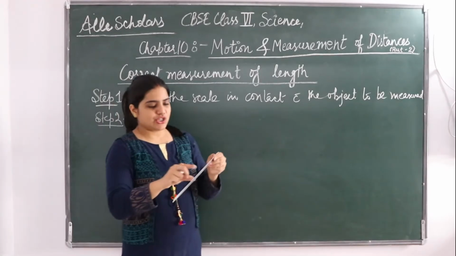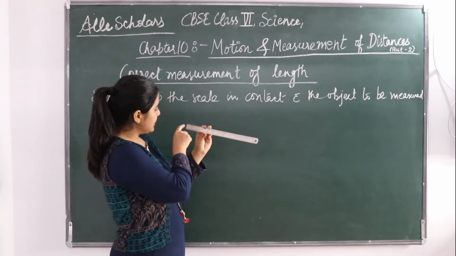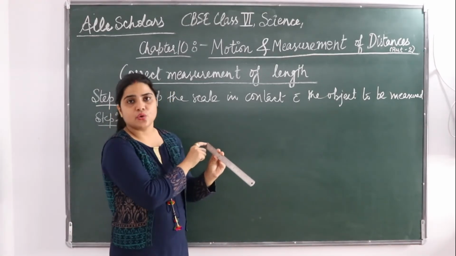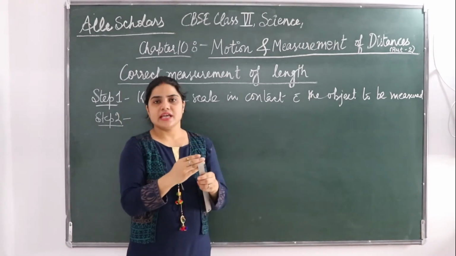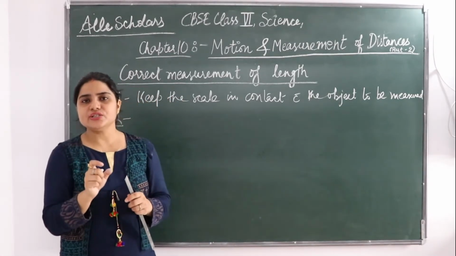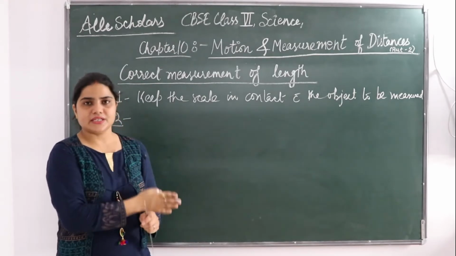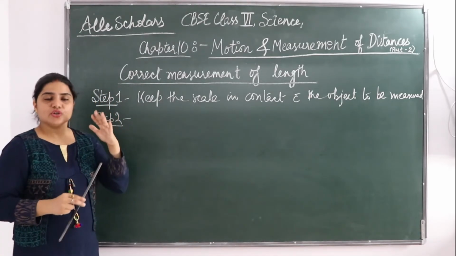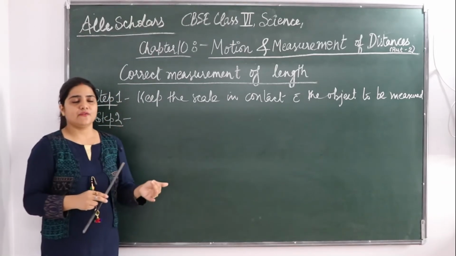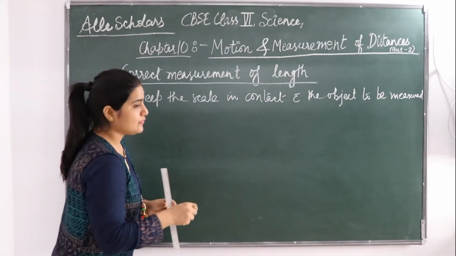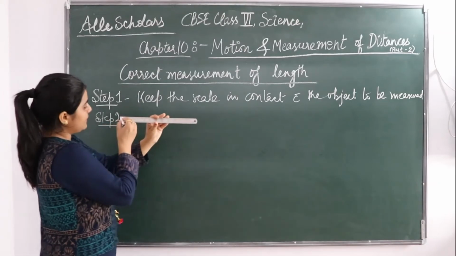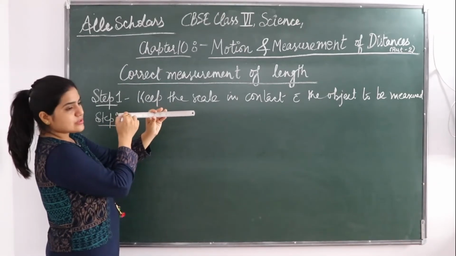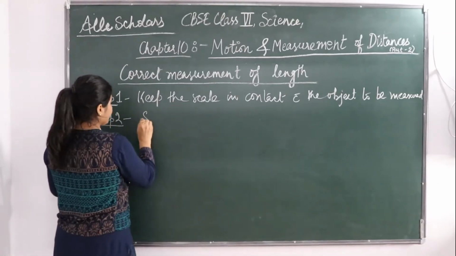by the mark 0 on the scale. You have to see that you started with 0. Okay, sometimes the scales are broken and initially 0 is not there. I will be telling you, if you don't start the measurement from 0, what error you will be getting and what you have to do. Okay, so always see that here is a 0 and you start with a 0.